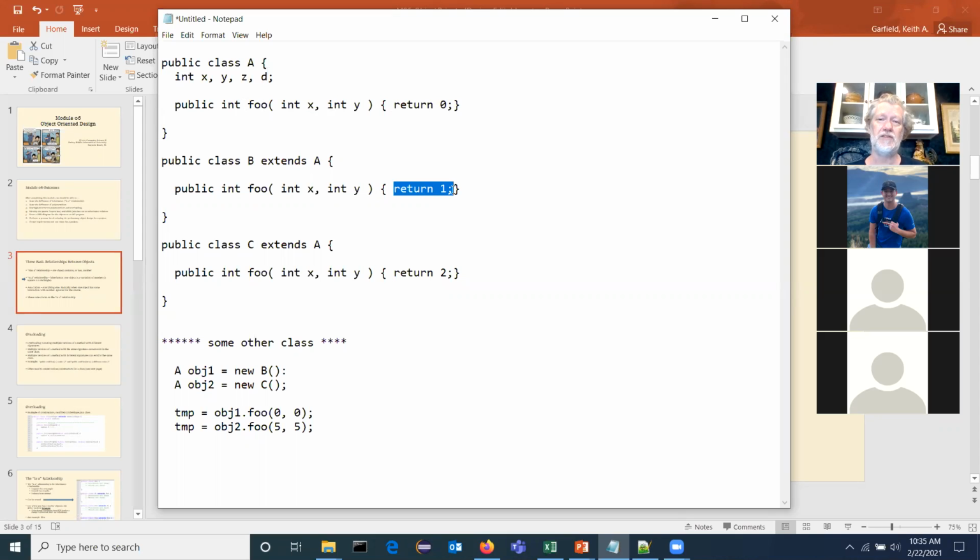Now, clearly this is the simplest different code I can have. In general, you're going to have 3, 4, 5 lines of code, and they're going to be different from class A to class B. And they're also going to be different in class C. That's the polymorphism, multiple forms, multiple shapes. You have multiple forms of the body of the methods inside the different classes.